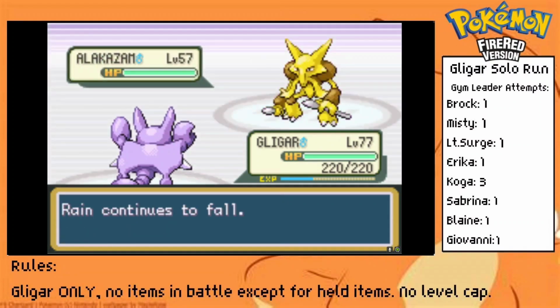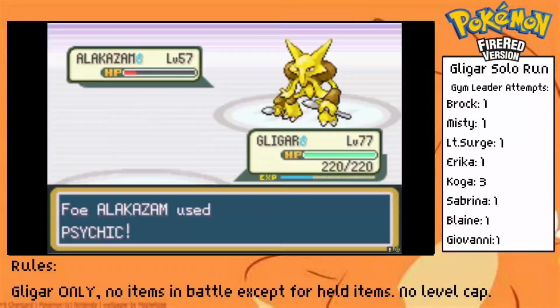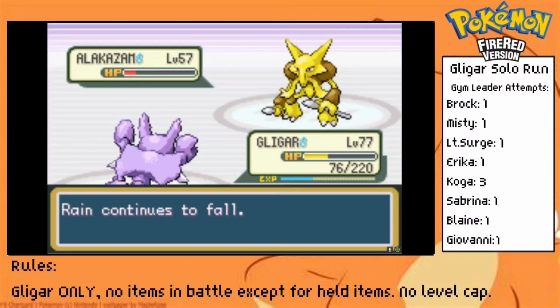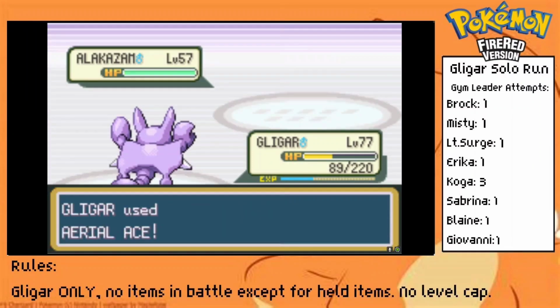I'm not too worried about the rest of our rival's team as we have decent move coverage to deal with a lot of them. However, his Alakazam comes in and slams me with a critical hit Psychic, and it does way more damage than I thought it would, leaving us on just 76 HP. Leftovers help us out as our rival heals, and we go for another Aerial Ace, which puts Alakazam in the